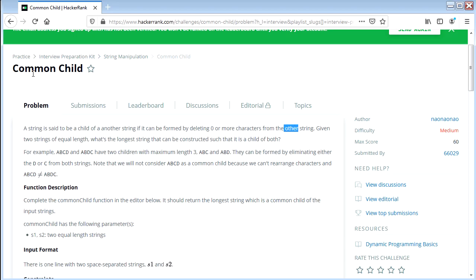It's basically that the characters in the child string have to be a subset of the characters in the parent, and they have to appear in the same order. So what this Common Child problem is saying is, we're going to give you two strings, and you have to find the largest string that is a child of both A and B. So to take one of their examples there, the strings would be